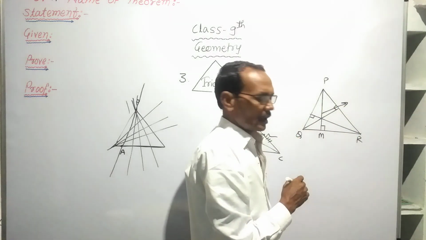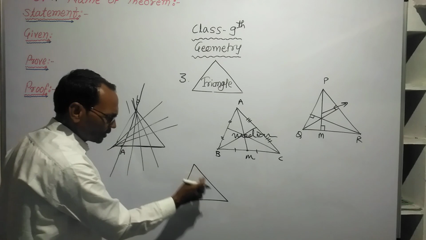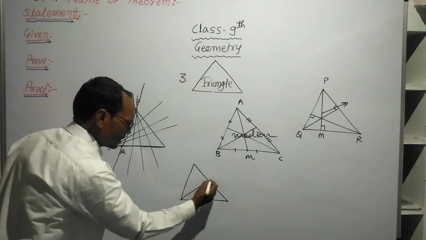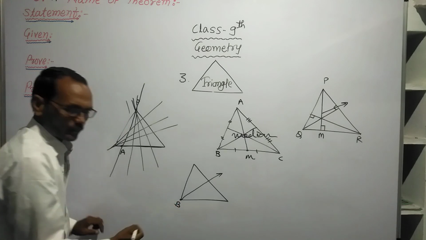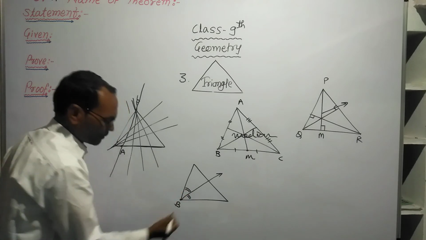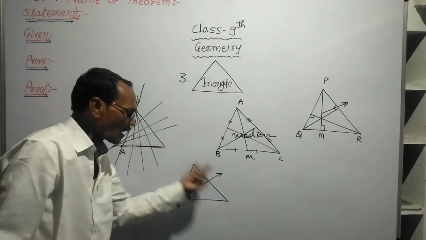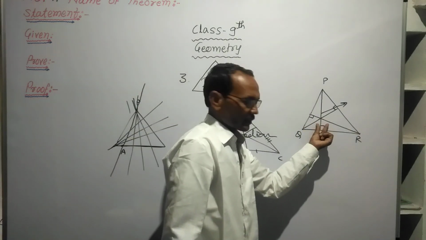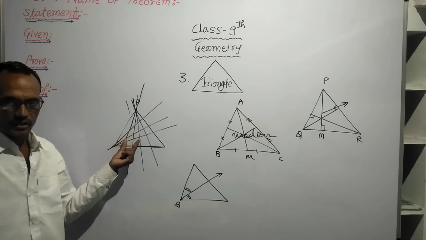Like this. And one concept I want to clear: a triangle has three interior angles. I want to draw a ray which passes through the interior, starting from this vertex B, which divides that angle into two equal angles. Such a ray is known as the angle bisector of that triangle. This is the angle bisector. This is the altitude. This is the median. And all these are known as cevians.